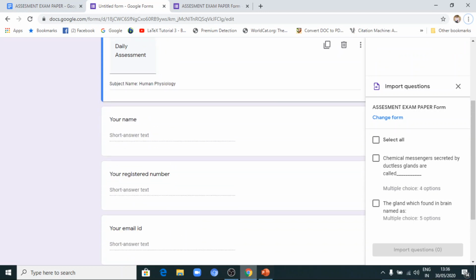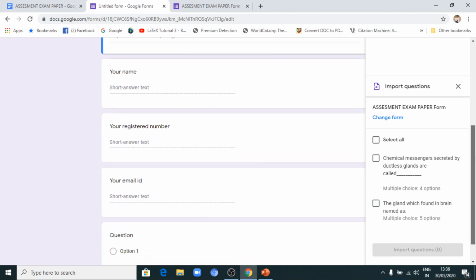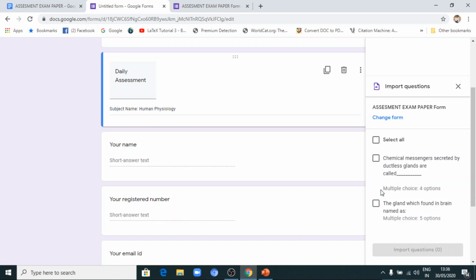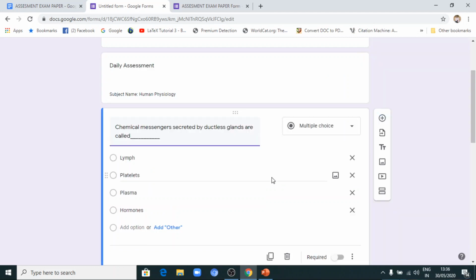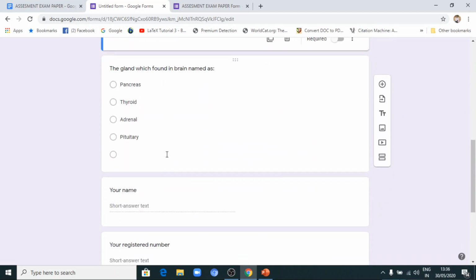Now you can see here the different questions are there. How many questions are there? We have 2 questions. Select all those questions and import. So you have imported 2 questions. If you have 10 questions, you can import them.